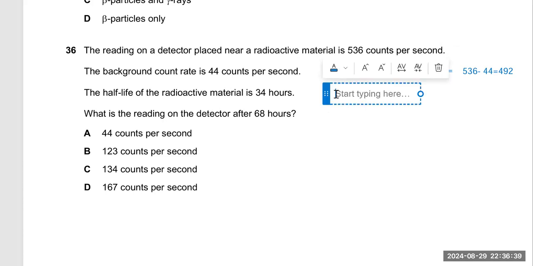So the formula is that the remaining number of counts is equal to total counts divided by 2 to the power of